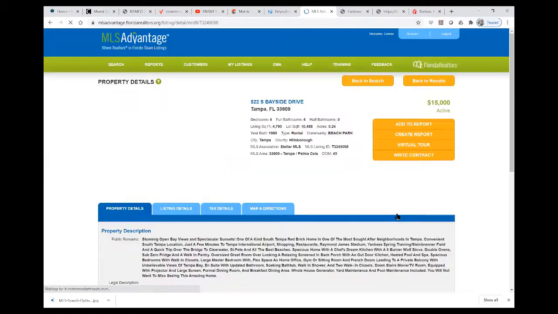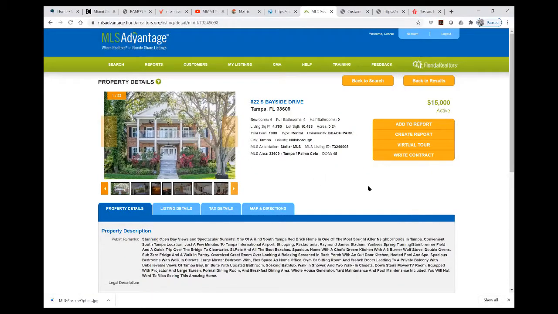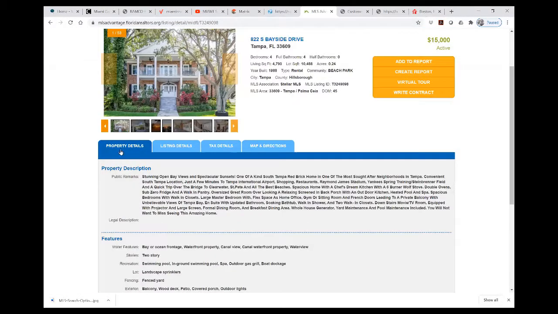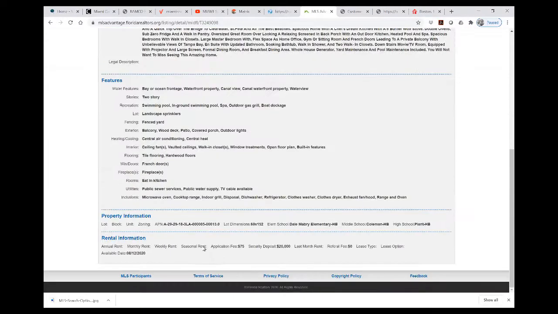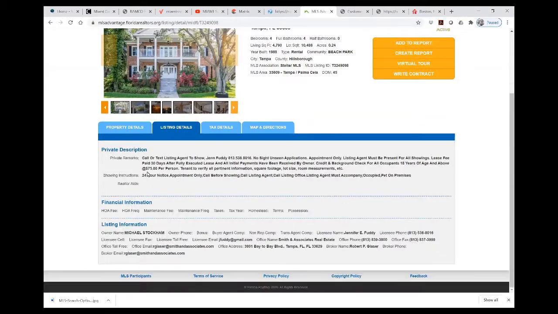View detail. Again, property details here, including features, rental information, listing details, phone number, and realtor details here, showing instructions 24-hour by appointment only,